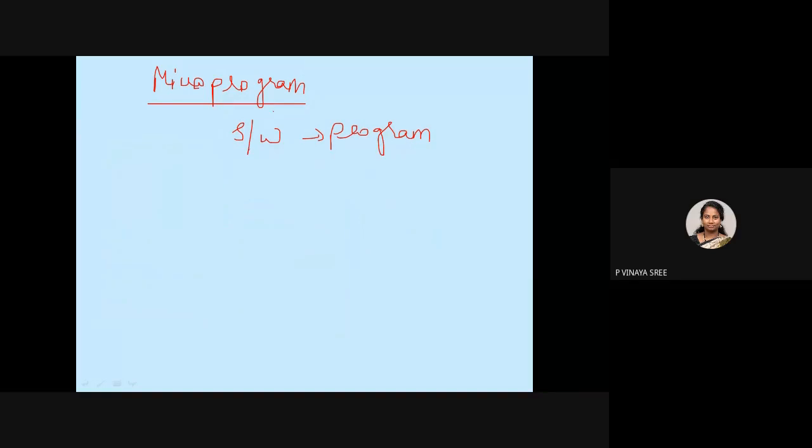So in a microprogrammed control unit, we have a control unit. It can be implemented in two ways. The first one is using hardware, and the second one is using a microprogrammed control unit, where you are writing the program in a control memory.